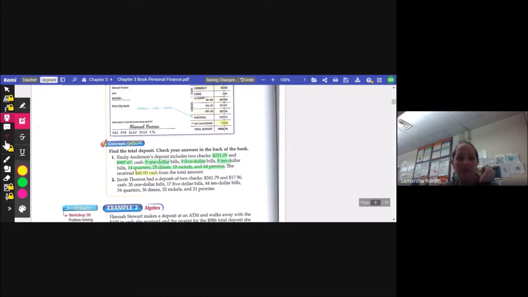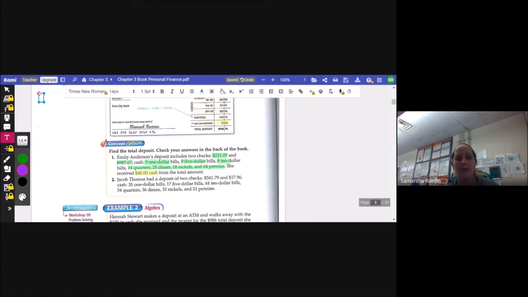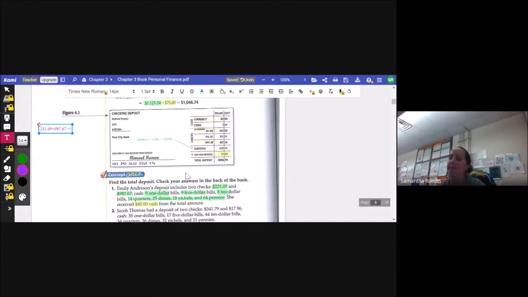So when I'm doing this, over here to the side, I'm going to add my checks together: $231.09 plus $987.67. Those are my checks. Okay, pull out my calculator. $231.09 plus $987.67 gives me